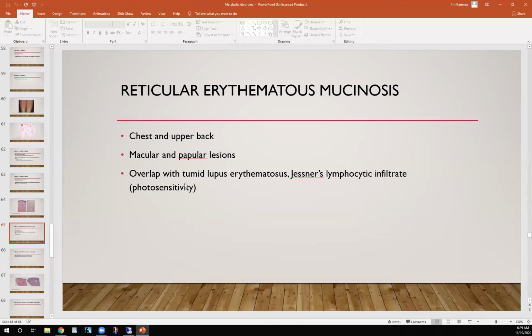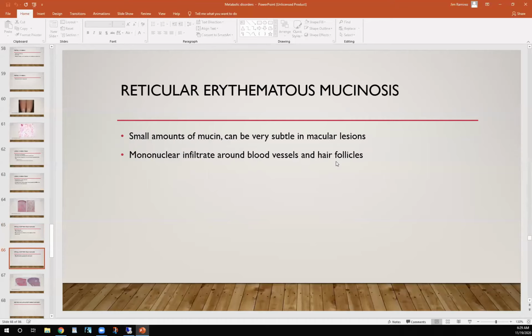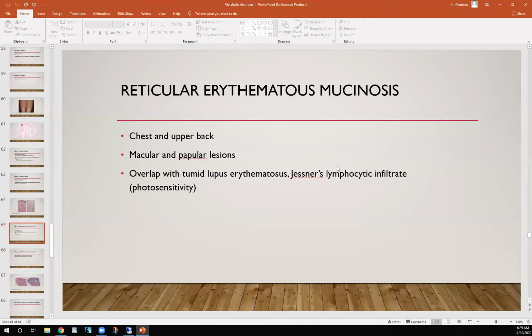Probably a variant or related to tumid lupus. It has a lot of things in common. It has mucin. It has a superficial and deep perivascular mononuclear cell infiltrate, which can involve hair follicles as well. So I think of this as sort of on the spectrum with tumid lupus and